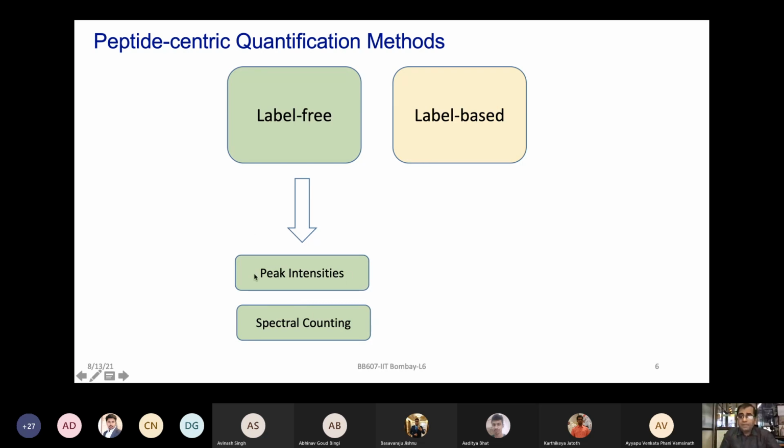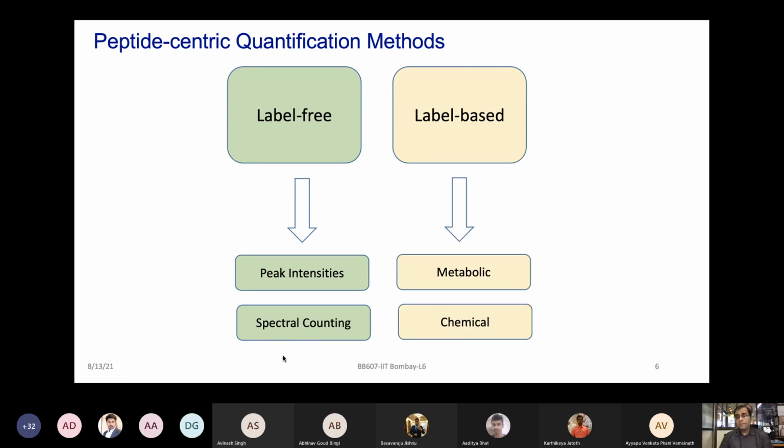The quantification of that is still very challenging because it relies a lot on the inherent properties of these peptides and the reproducibility of the chromatography. That's where there is still a catch: how confident are we about the quantification fold changes? Indirect usage of peak intensities or the spectral counts of peptides are currently being used as a way to identify the quantification or the fold changes.